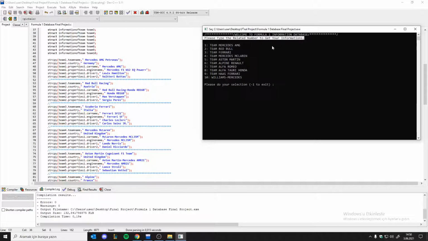Please type the related number to get your information. And there is a part here asking you for a number, for which team you want to reach information. So the list shows you 5 corresponds to Team Aston Martin. So it means that if you want to reach Team Aston Martin's information,